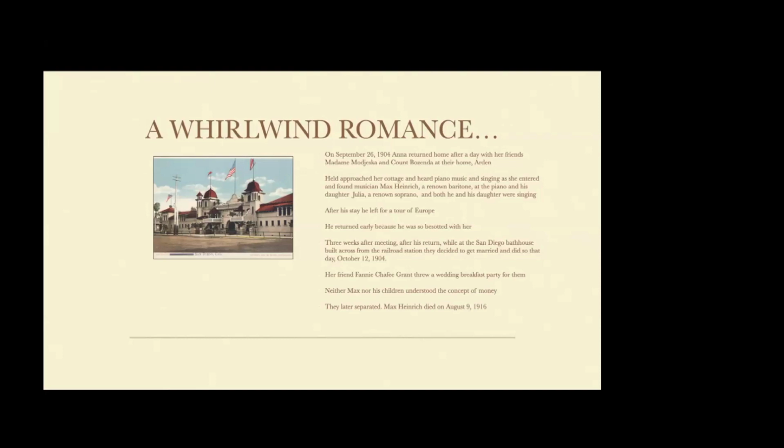They had reservations to be there, but had found the door unlocked. So he saw the piano and the two of them sat down. He then left after his stay there for a tour of Europe, but he returned early because he was so besotted with her. And 3 weeks after meeting, and pretty much immediately after his return,